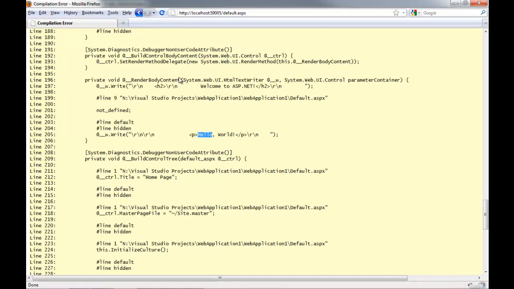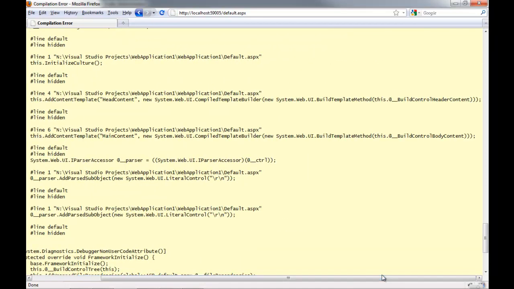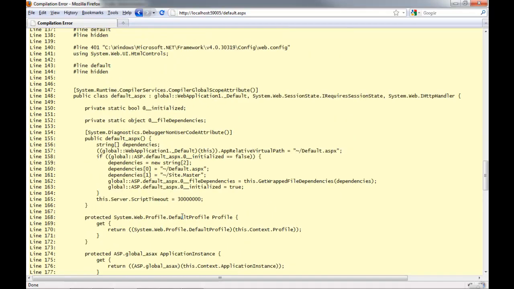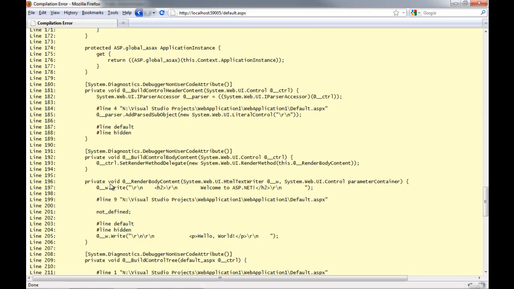So you see the render body content is a delegate that's being passed into this guy. Because the head content being the master file, it's passing in this new object, and then it's passing in a delegate to this generated function, which represents my source code, my HTML source.